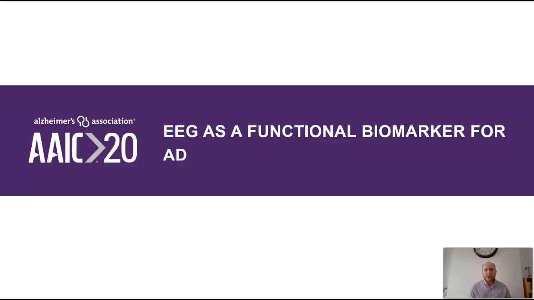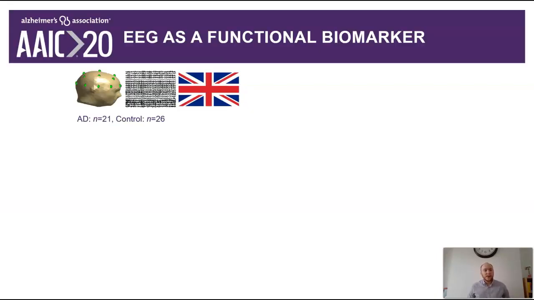So far we've focused on the question, how do brain dynamics change in Alzheimer's disease? Next, we want to ask, are these useful as a biomarker for Alzheimer's disease? So we took a data set that we're going to call the training data set. This is all the data that we have analyzed so far. It's everything that I have presented so far. It was recorded in the southwest of England, and we're going to use this to train